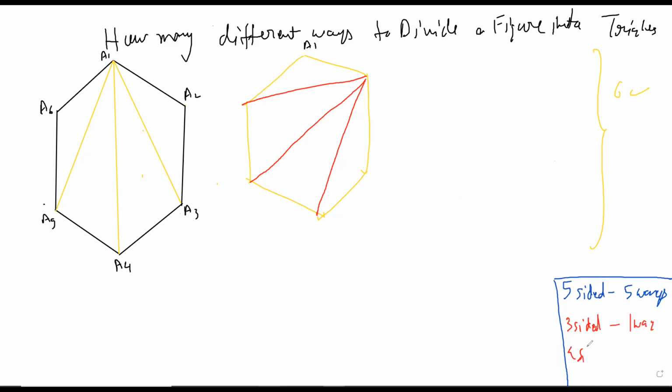And for a 4-sided, there are 2 ways. And suddenly for 5-sided, it becomes 5. So it doesn't mean that for 6-sided, it's 6. It's clear that for 6-sided, it will be more than 6, right? But you do see that there will be 6 ways to divide it if you follow this kind of scheme, that from one vertex I draw all the lines. Is that clear? Like these kinds of designs, there will be 6 of them. But there are other kinds of designs, right?